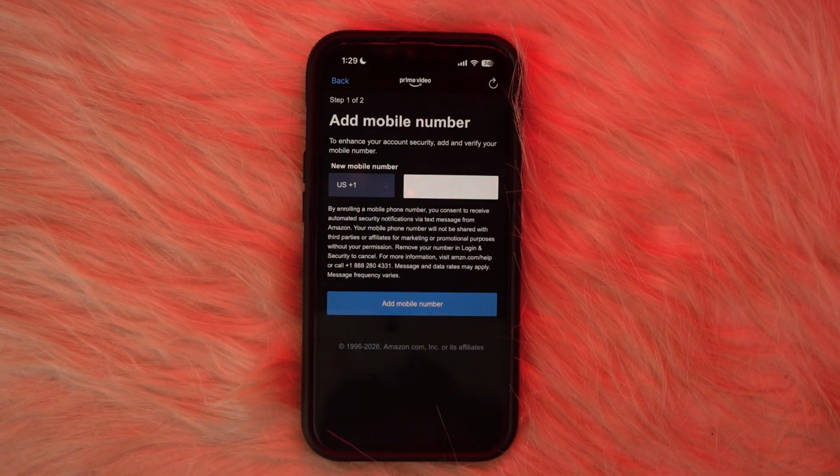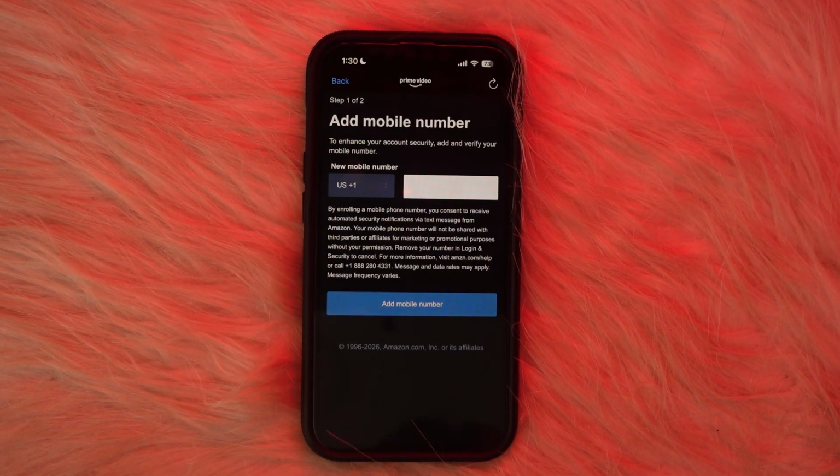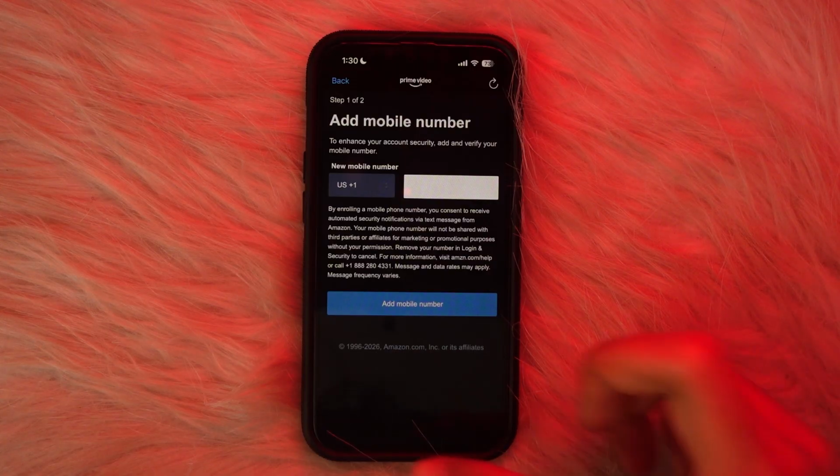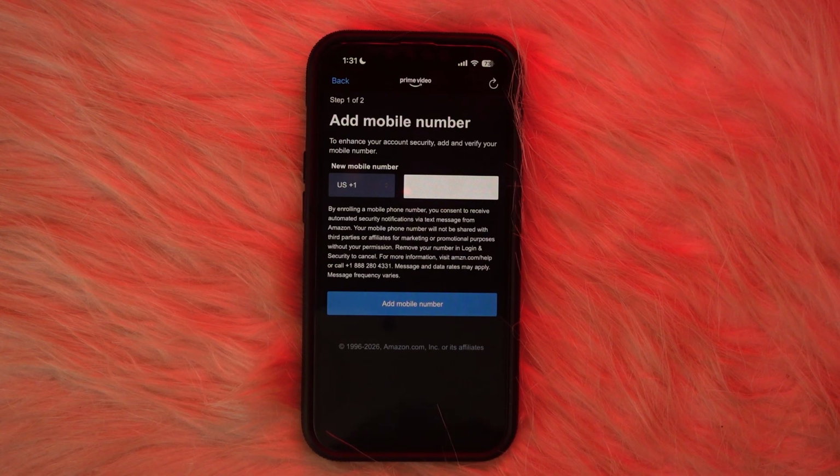And now you need to enter your mobile number, and after that it will ask you to select your payment method, and then you have to enter all the details of your debit or credit card. And after you add your details and get your subscription, you are ready to